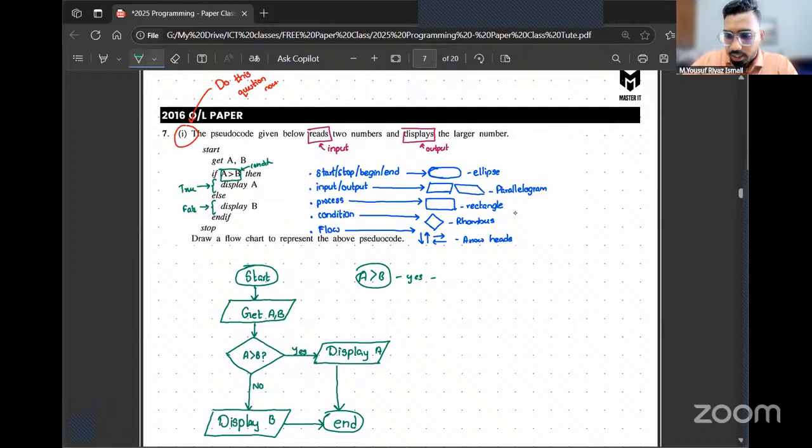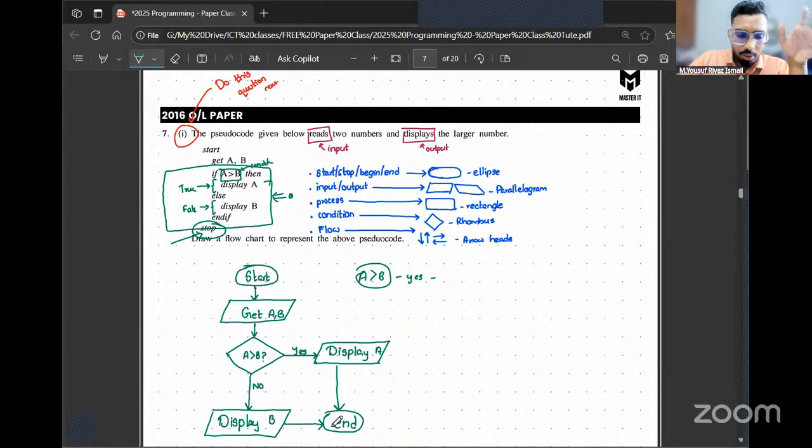I put the end under B. Is it fine? Yeah, you can put it under B, not a problem. If the answer is either no or yes, it will still be an end because of the question. Yes, correct. Because the question says if A is greater than B, then display A, else display B, and end if. So this whole thing is a selection structure. You're going to check is A greater than B. If it's greater, you're going to display A, or else you're going to display B. Once you're done with the selection structure, following the instruction, you can see the final instruction, stop. The idea of stop is basically end.